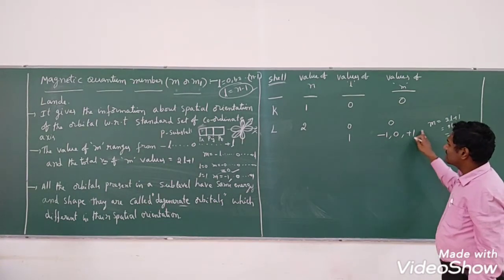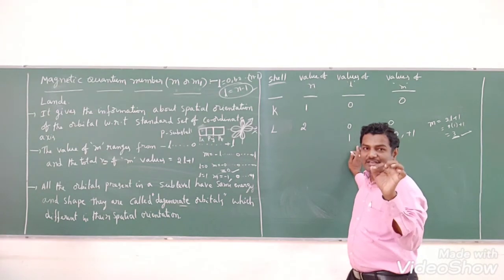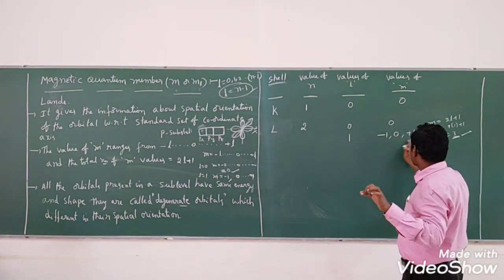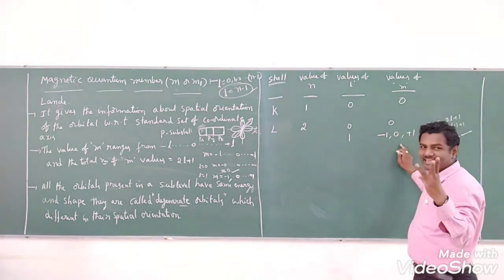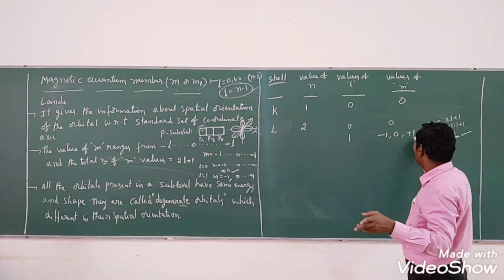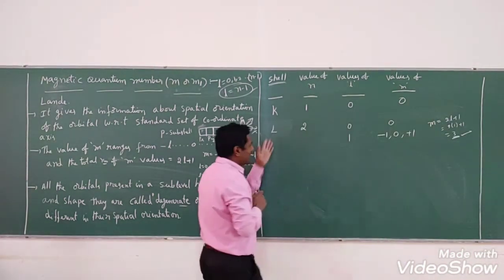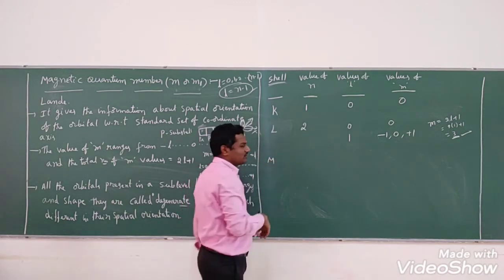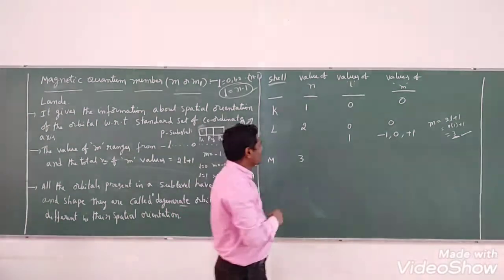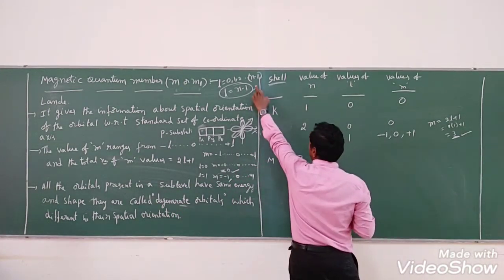See that, students. If l equals 0, it is the s orbital. If l equals 1, it is the p orbital. This is the p subshell. In the p subshell, how many orientations are there? Three orientations: px, py, pz. See that, we have got 3. Got it now? In a similar manner, take K, L, M. The M shell I have given to you. What is the n value for the M shell? n equals 3. Then what are the possible l values? You take maximum 3 minus 1.